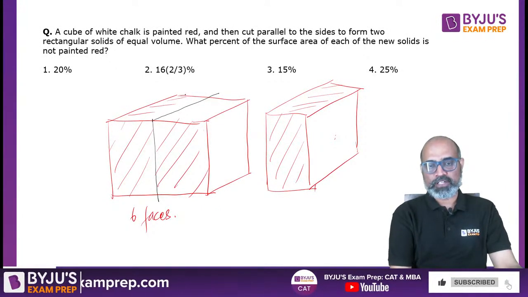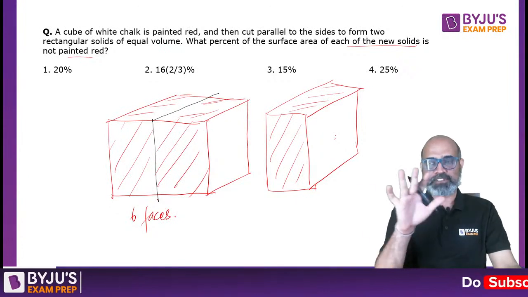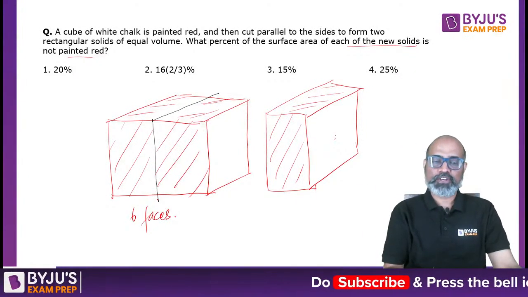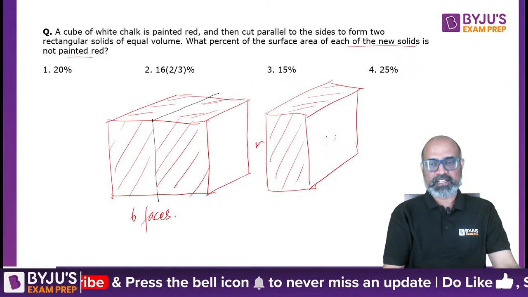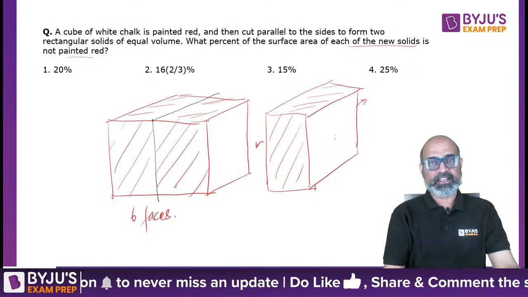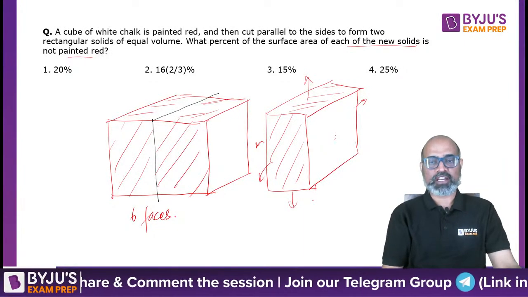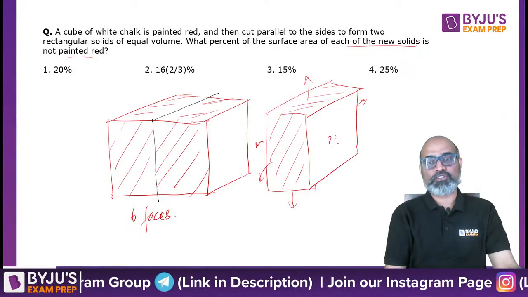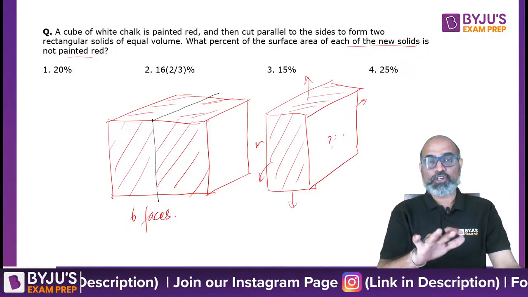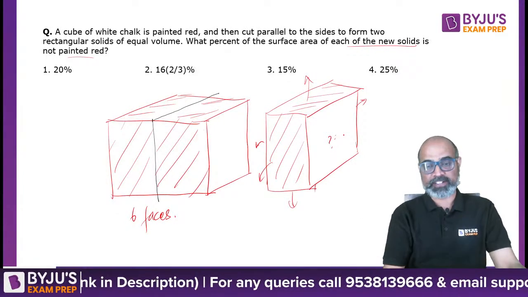So if I look at a particular cuboid, the question is each of the new solids, that is the cuboid, is not painted red. So can I say that when you have 6 faces and if you cut it in half, you will have a total of 1 on the left hand side, right? 1 behind, 1 in the front, 1 on the top, and 1 at the bottom. So there are 6 faces of this cuboid that are painted red. There is only 1 face of the cuboid that is not painted. So if I want to calculate what is this percentage of the total surface area of this that is not painted red. So